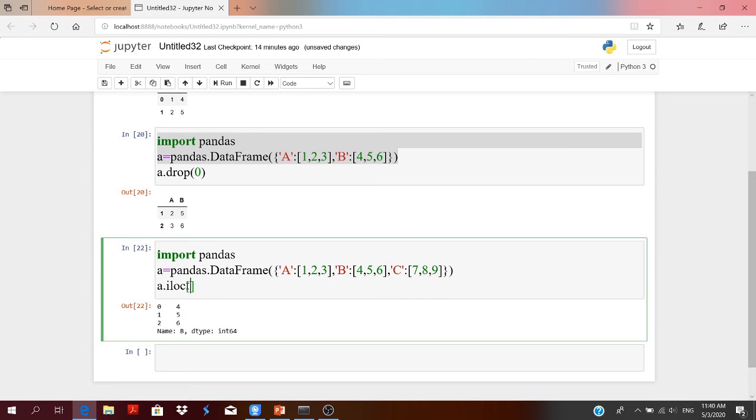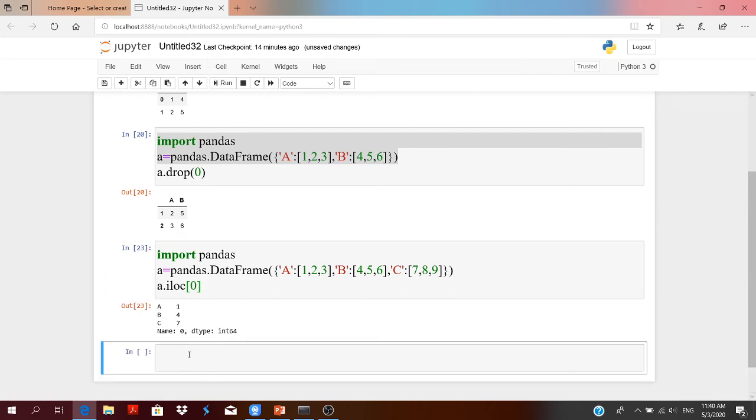Inside this ILOC, within square bracket, pass the index of your row which you want to select. Here the row having index value 0 will be selected. Run the code and see index value 0 having columns A, B, C with values 1, 4 and 7.